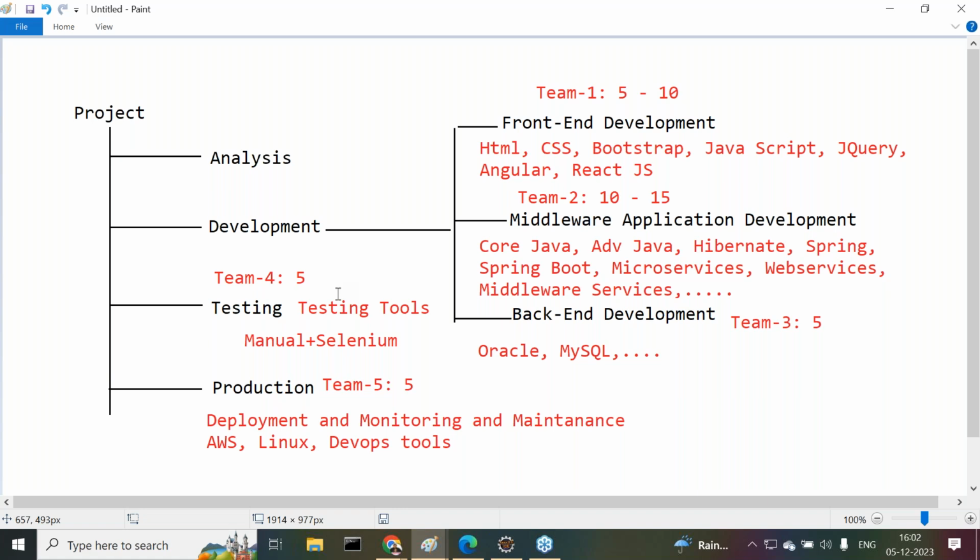5 to 10 members only working. Remaining 30 to 35 members, what are they doing? They're not having any work. It's a waste of the time or not? The waste of the resources or not? Right. If this type of approach is followed, the company has to pay the salaries for all 40 members, but